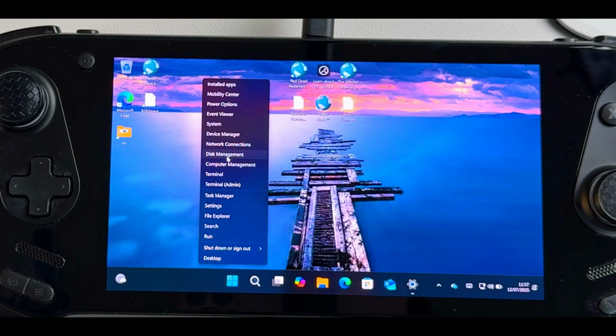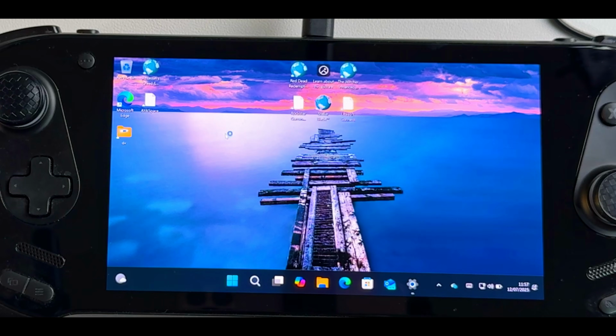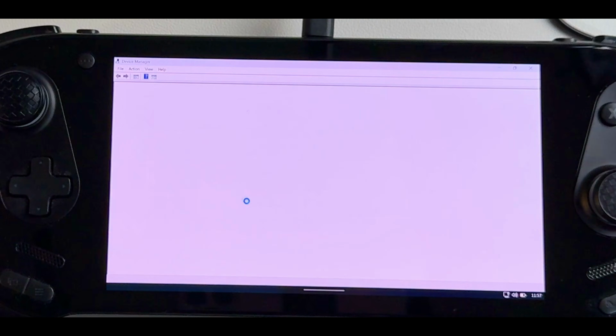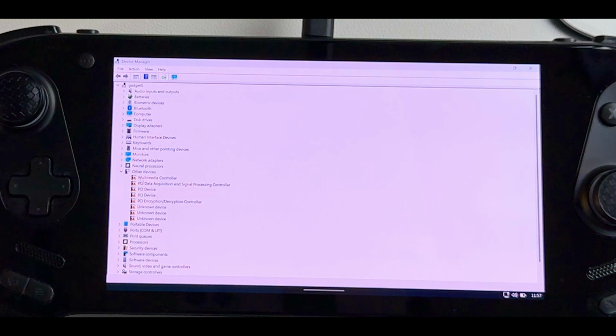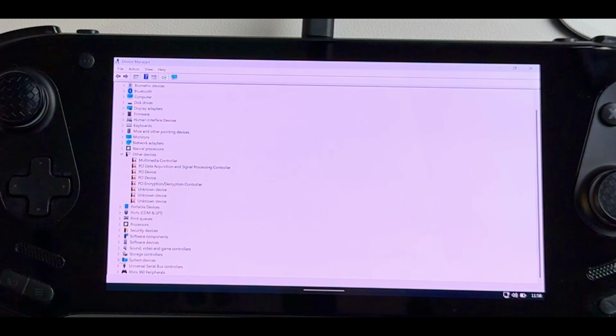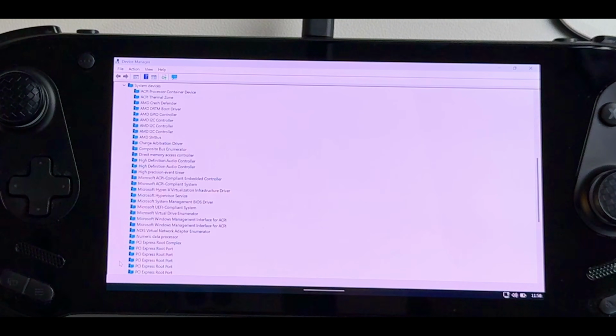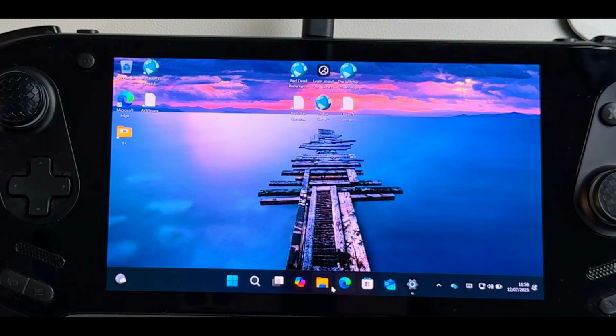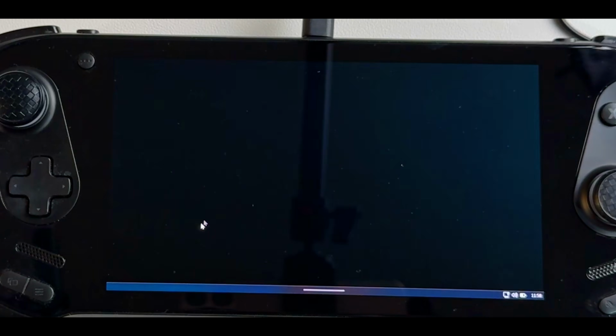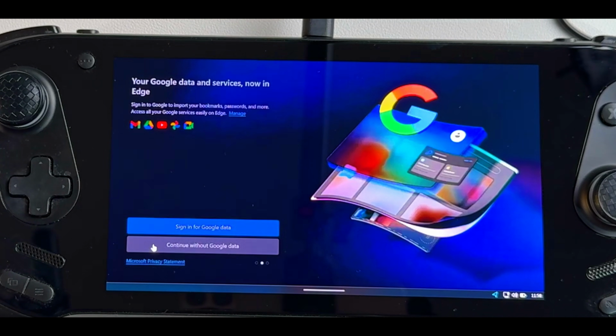First of all, if you go to device manager, you're going to see something like this. These all have this yellow flag, which means there's something wrong, something not installed, which is normal at first. And also I'm going to go to the browser and just try out the